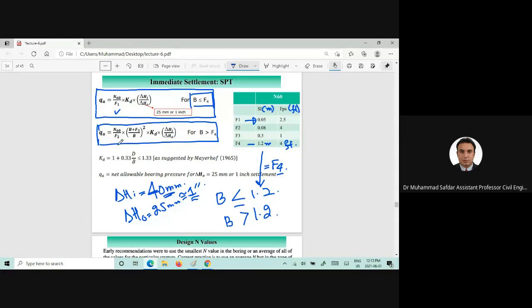Now, the K_D value is dependent upon the depth of the foundation and the width of the foundation. You need to use this equation, and in order to use this equation,